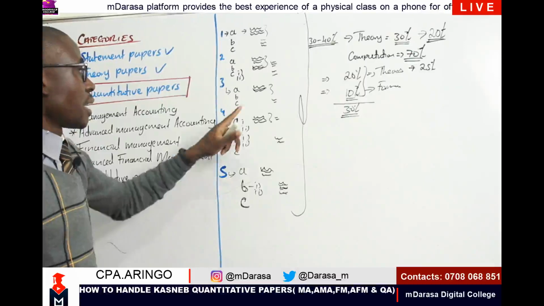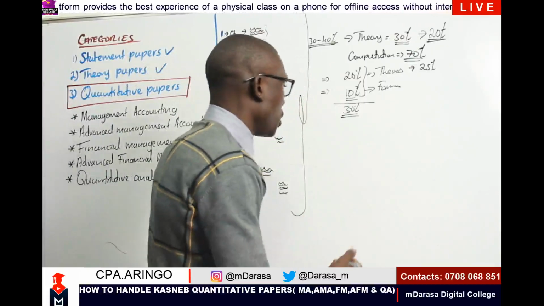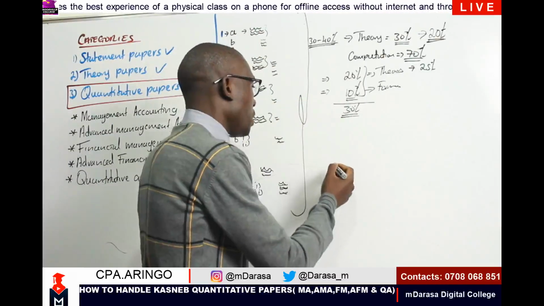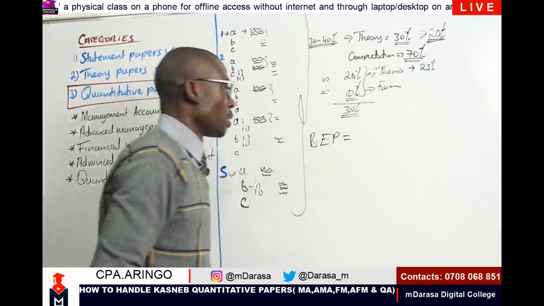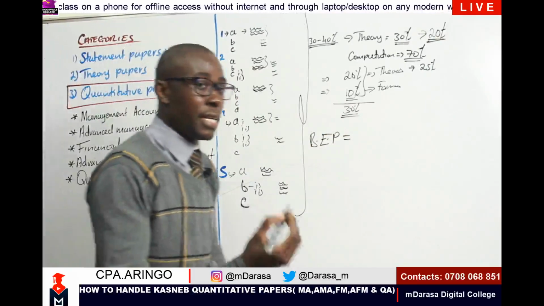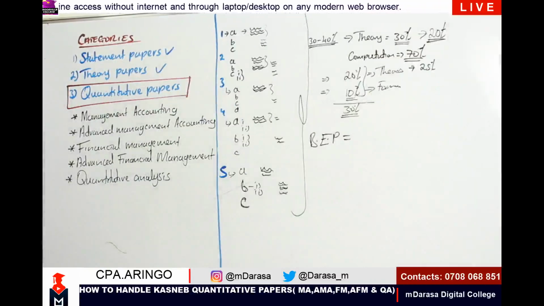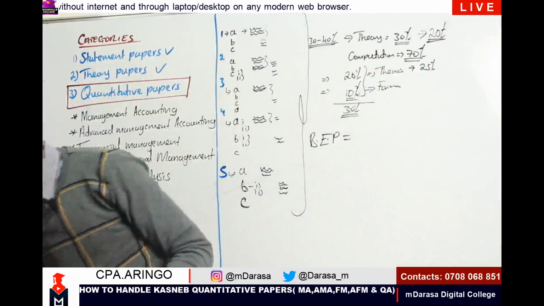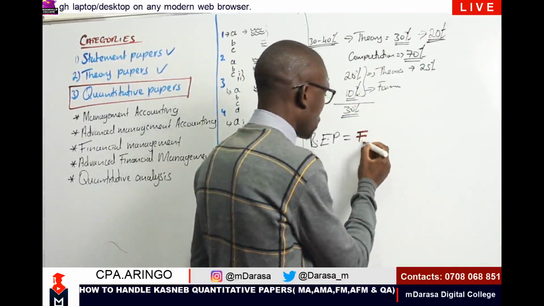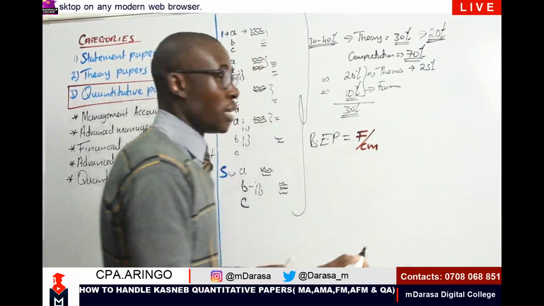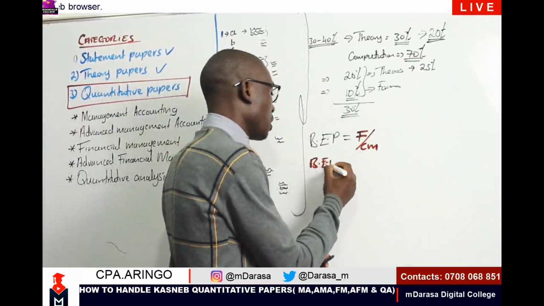And in the other case, now when it comes to the computation part of it, maybe I am looking at the concept of break-even point. Break-even point, already I had written my formulas correct, right? Maybe I'm talking of our break-even point to be fixed cost over contribution margin if I'm dealing with a single product, right? In the event that probably I'm dealing with multiple products, maybe I've written break-even point should be,